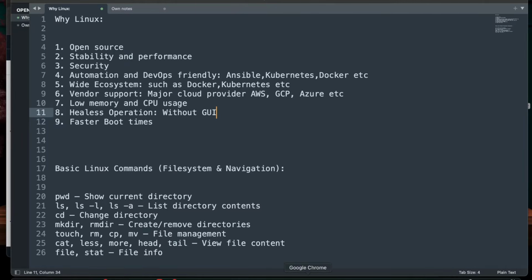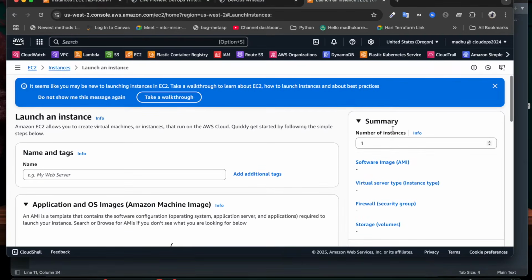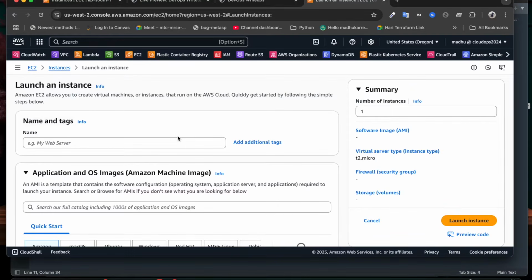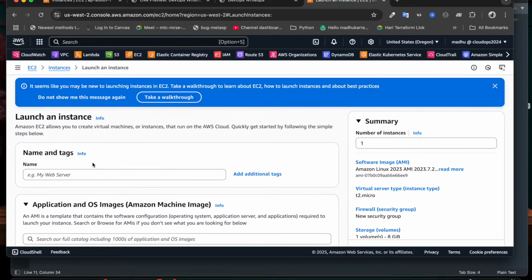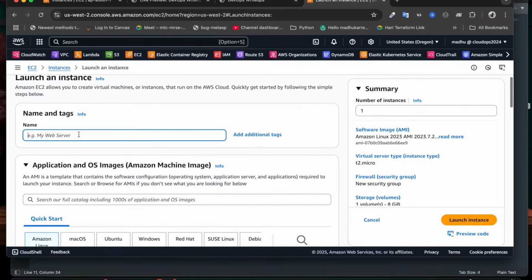For this, you can create a VM on a local machine, but I would suggest you create an AWS account and then create a T2 micro. It comes on the free tier for 12 months, so you don't need to pay a single penny. I don't want to mess up your system with VMware. You can if you want to practice, but to practice Linux, you can use EC2. If you install VMware or VirtualBox and run a Linux machine inside a virtual machine, it's going to use your laptop or computer resources and eventually slow down your system. That's why you can simply create a machine in AWS.